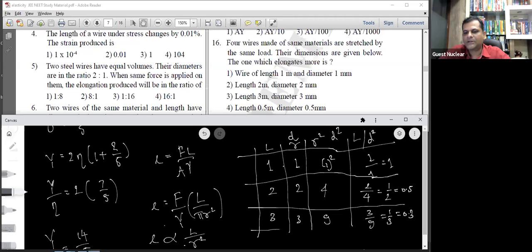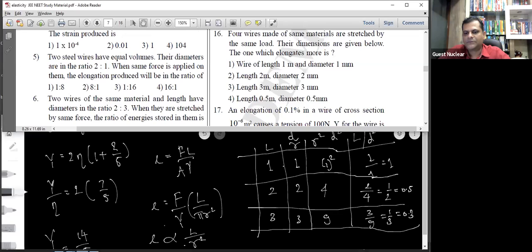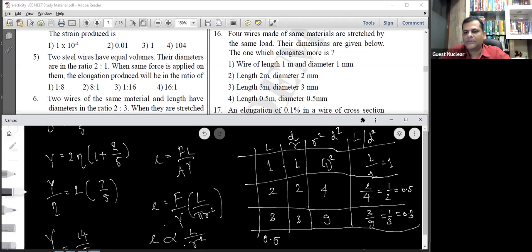और चौथा जो है तो वो चौथे वायर के बारे में यहाँ पे दिया हुआ है कि लेंथ इज गोइंग टू बी 0.5, राइट, सो हियर इट इज 0.5 and the diameter is going to be 0.5 again, right, so 0.5 diameter भी दिया हुआ है। तो इससे हमको लेंथ डायमीटर का स्क्वायर क्या मिलेगा, 0.5 का स्क्वायर क्या होता है 0.25 होता है। तो अगर हमने ये रेशियो लिया देखो ठीक से, तो 0.5 डिवाइडेड बाय 0.25 which comes out to be 2, करेक्ट है, which is the maximum here out of all these 4, दिख रहा है ठीक से।